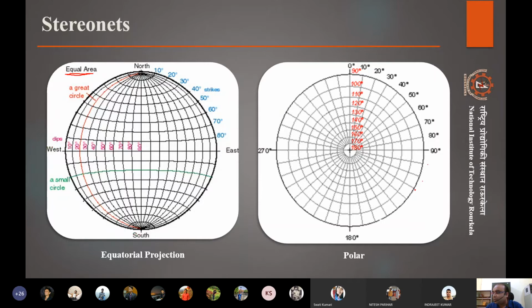the dip, or the plunge, can be counted similar to the equatorial part. Similar to equatorial, we can plot here. So it is 0 here. This will be 10 and 20 and so on. So if we want to plot 110 and 30 degrees, the line will basically be somewhere around represented by this point.